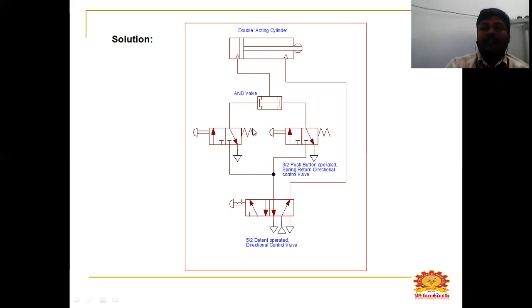If you press both push buttons at a time, your cylinder will be extended. Otherwise, your cylinder will stay in the same position. After pushing both push buttons, your cylinder will be extended. After releasing both push buttons, your cylinder will be automatically retracted using this valve.